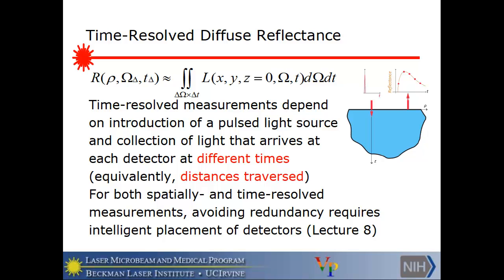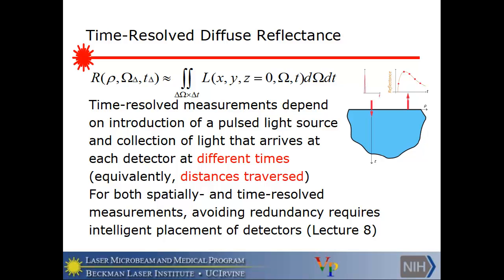And if you introduce a pulsed light source, so the light source is being turned on and off, and you collect light that arrives at each position at different times, or equivalently different distances traversed, then you'll get a variety of measurements of the reflectance as a function of time here, as well as rho and omega. And that is useful in other